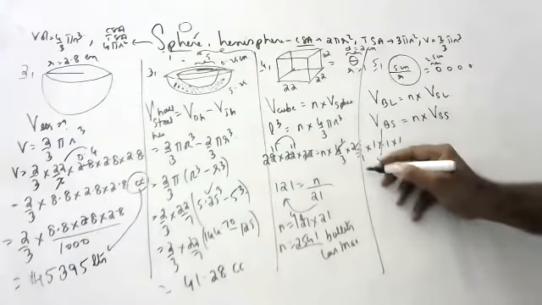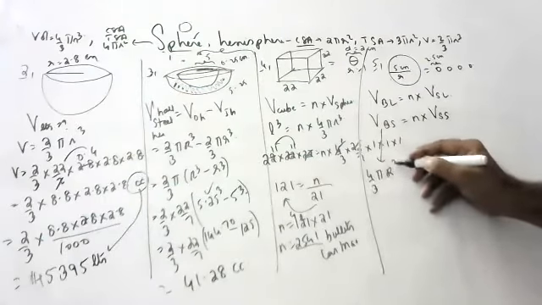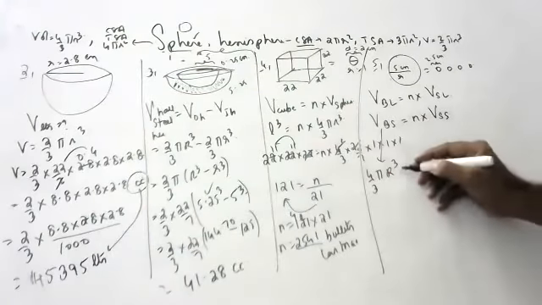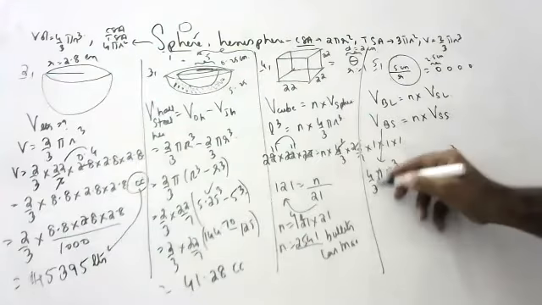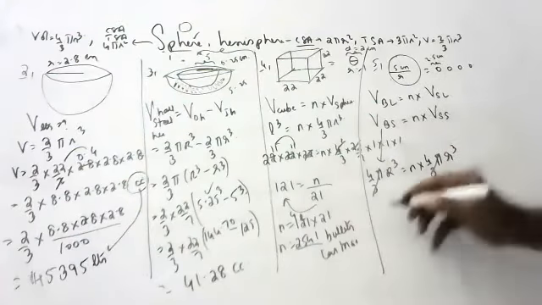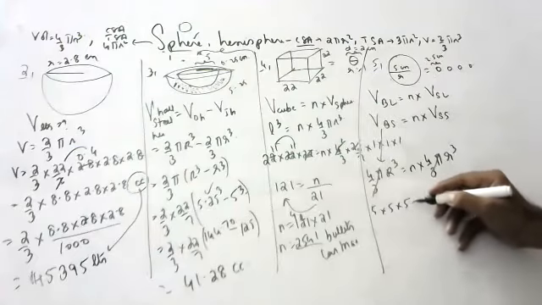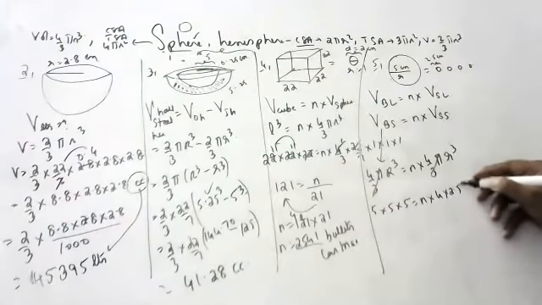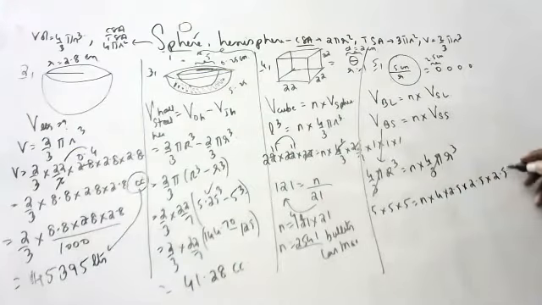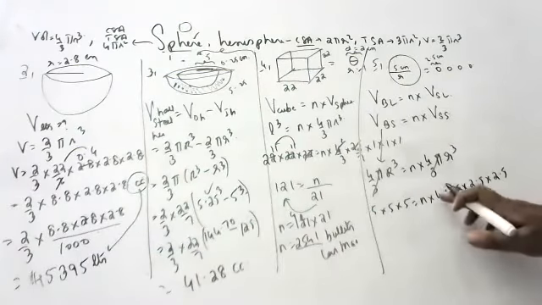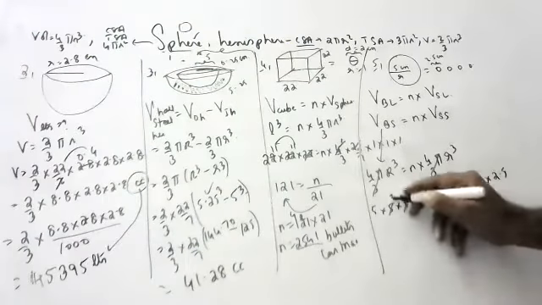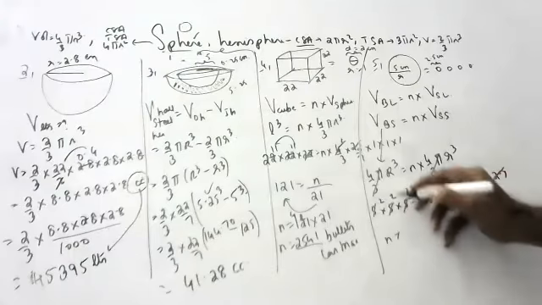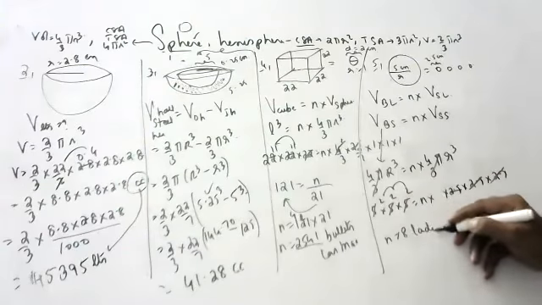Volume of big sphere formula is 4 by 3 pi big R cube. Volume of small sphere is 4 by 3 pi small r cube. 4 by 3 pi cancels. Big R is 5 into 5 into 5. Small r is 2.5 into 2.5 into 2.5. 4 by 3 pi cancelled, no? Yes, sorry, thank you, Nandika, for telling. 5 over 2.5 is 2, so 2 cubed. So n is equal to 8 laddus can be made.